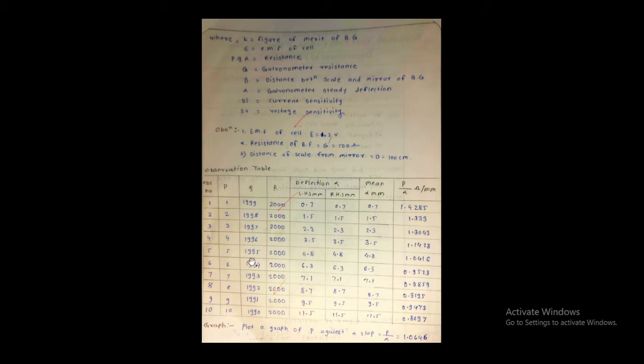Now it is the observation table. As we are connecting three resistance boxes in the circuit, there is a relation between these. P is the small resistance box in terms of ohm, 1 to 10 ohm. P plus Q is equal to R. This equation is here. R is always equal to 2000, and therefore P is 1 to 10. It is 2000, meaning the subtraction of these two is nothing but Q, and therefore it is 1999 to 1990. It is P plus Q is equal to R. These three columns we know. Now our actual experimental part here.